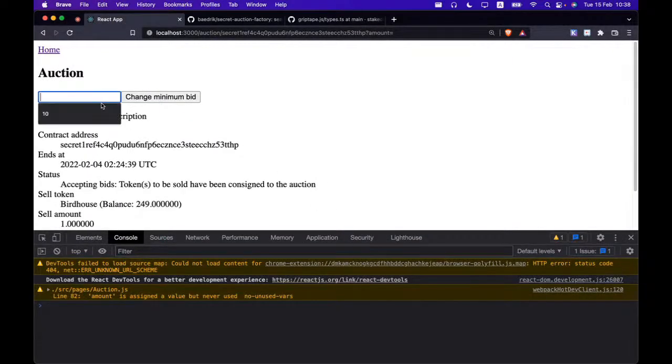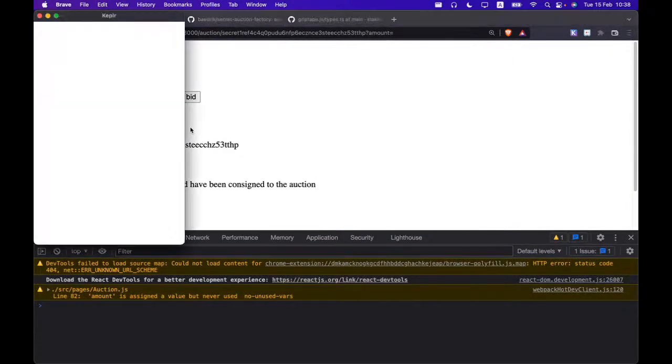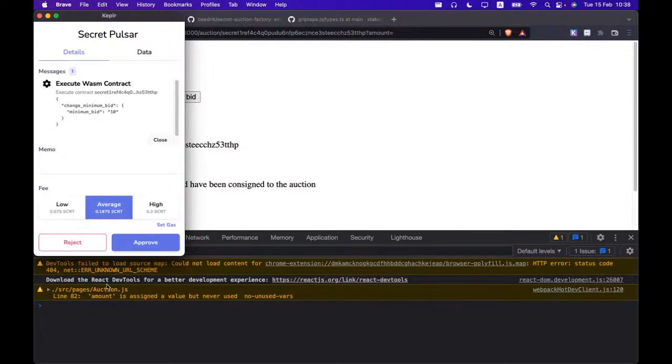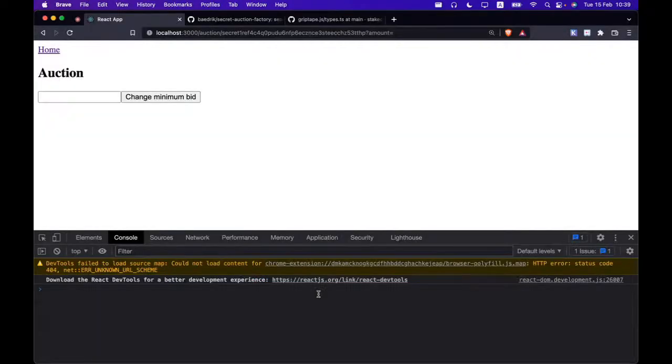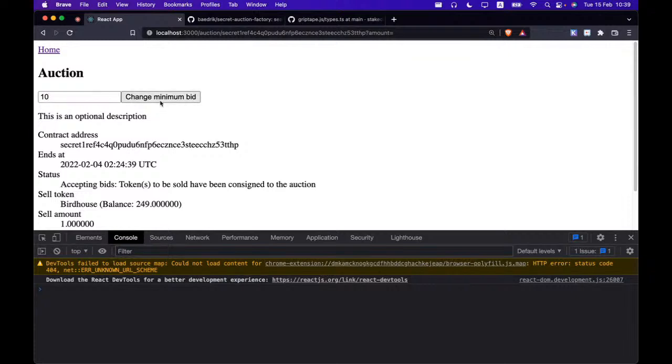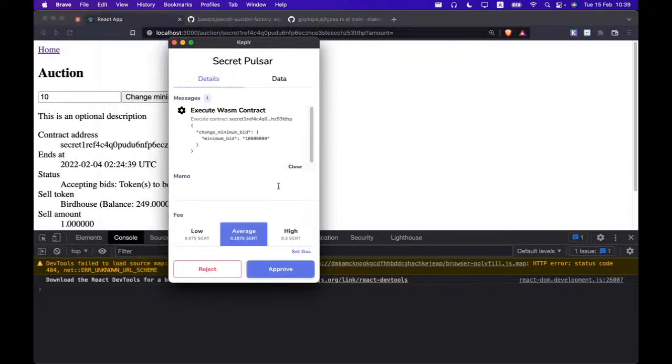Let's go back to our application. So now if I pass in the amount as a minimum bid, 10, and I run the change minimum bid, I can see that now the number gets converted to machine, which is our definition for the label that we use for the integer representation of the number. And then if I approve,